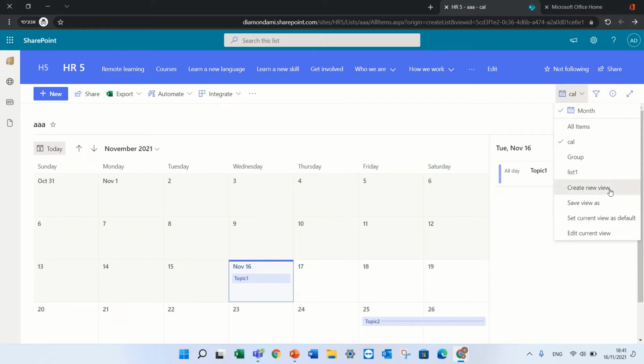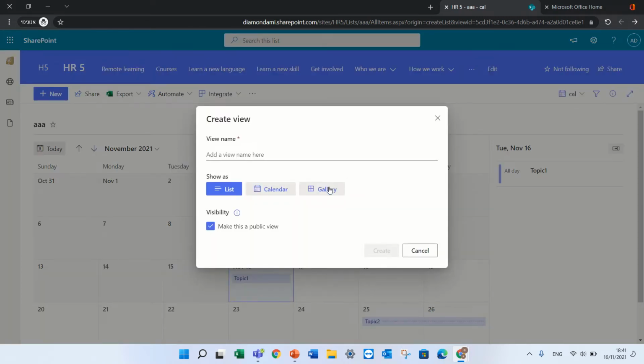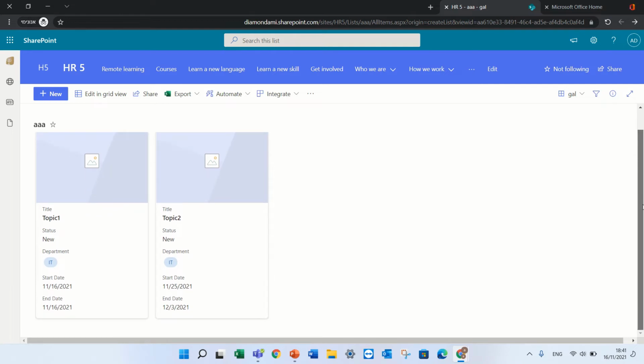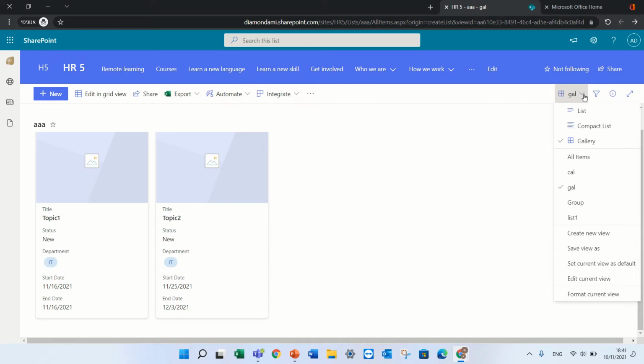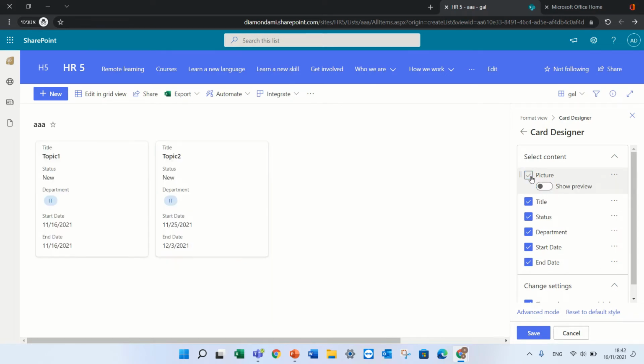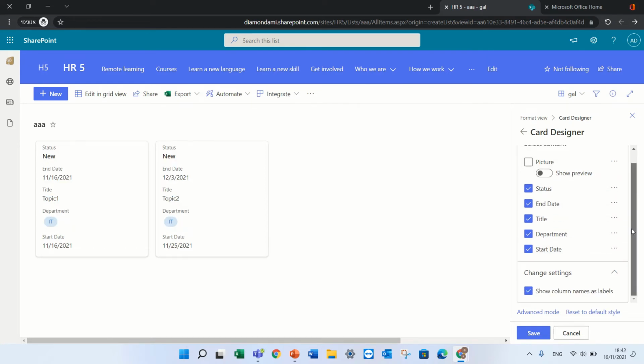If I go and create a new view, I have also the gallery view. So let's call this gal, and I'll press create, and now it's creating it in a card view in the gallery. If I now choose this view and click format this view, then I have a card designer. I can decide which columns I want to show or not. So if I don't have a picture, I can hide it. I can decide if I want the title. I can drag the columns and arrange them according to what I want. I can also choose whether to show the headers or the labels of the columns. Once I decided, I'll press save,